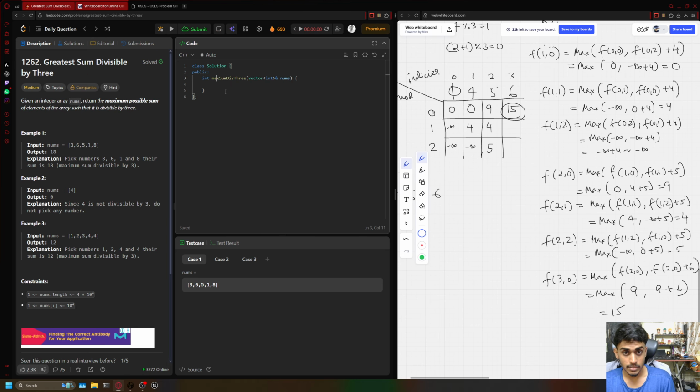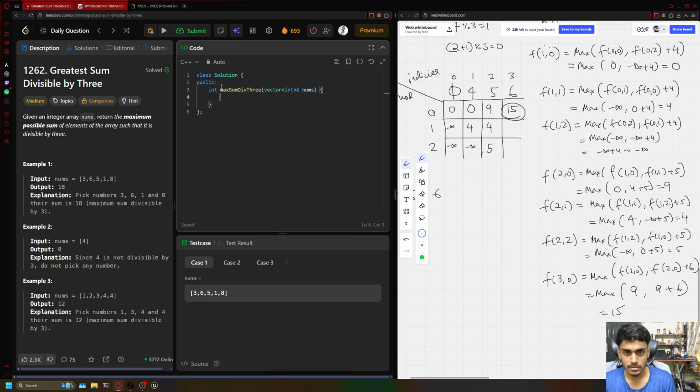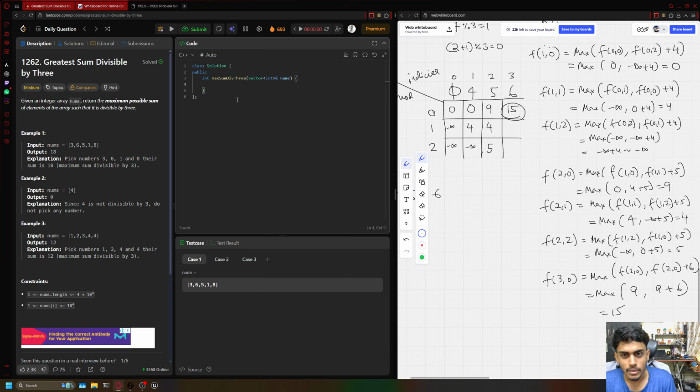So yeah, let's increase the size a bit. I think yeah, this is enough. Cool. Let's quickly take the length of the nums. Now I will define my dp structure, which is int dp of n plus 1, and for the modular state I'll be capturing 3 states, which is 0, 1, 2. Cool. Now I'll be iterating over all my states,